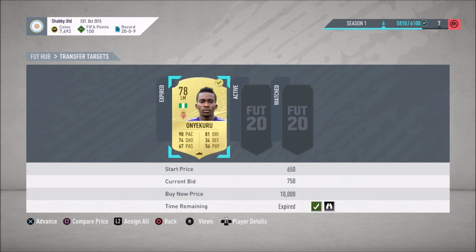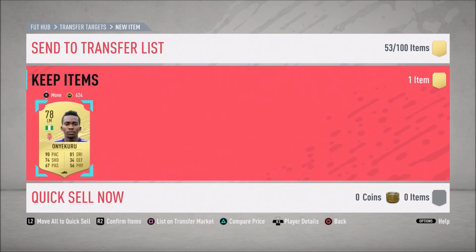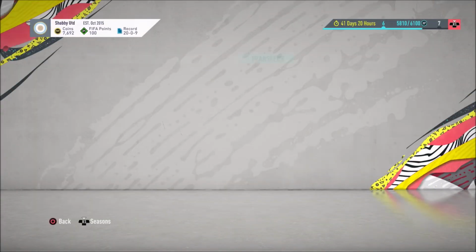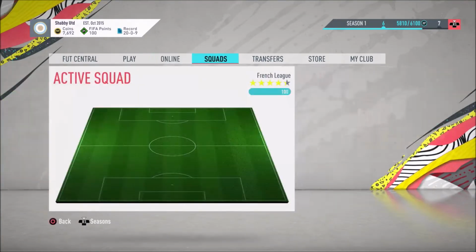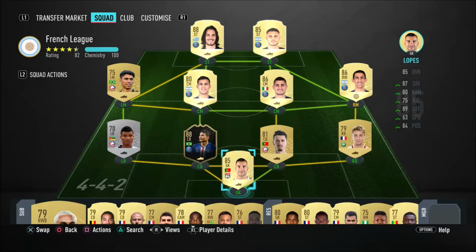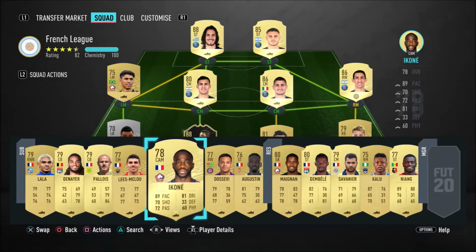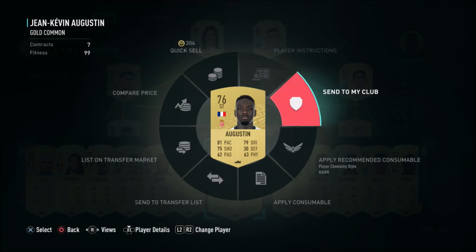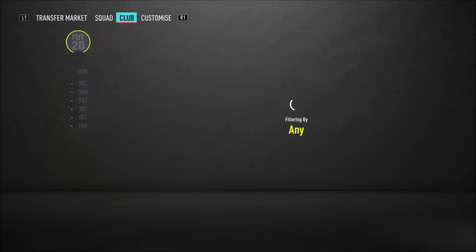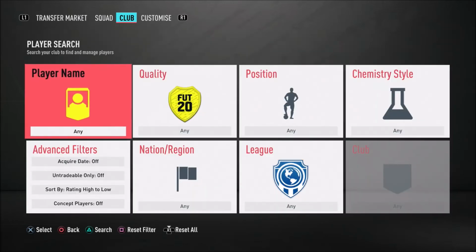So, what do we want to do? Okay, if we do the Hazard story first, that'll get us quite a few bits of XP, I think. So, right, first of all, let me just put these extra 2 players into our French squad. Let's get rid of some crap. So, Augustin, let's send you back to the club, and we shall bring in...